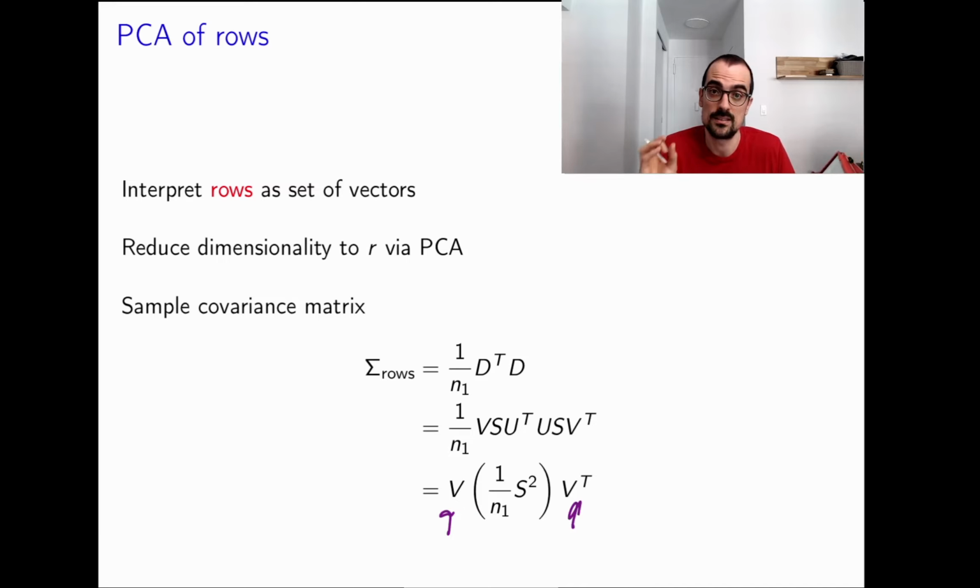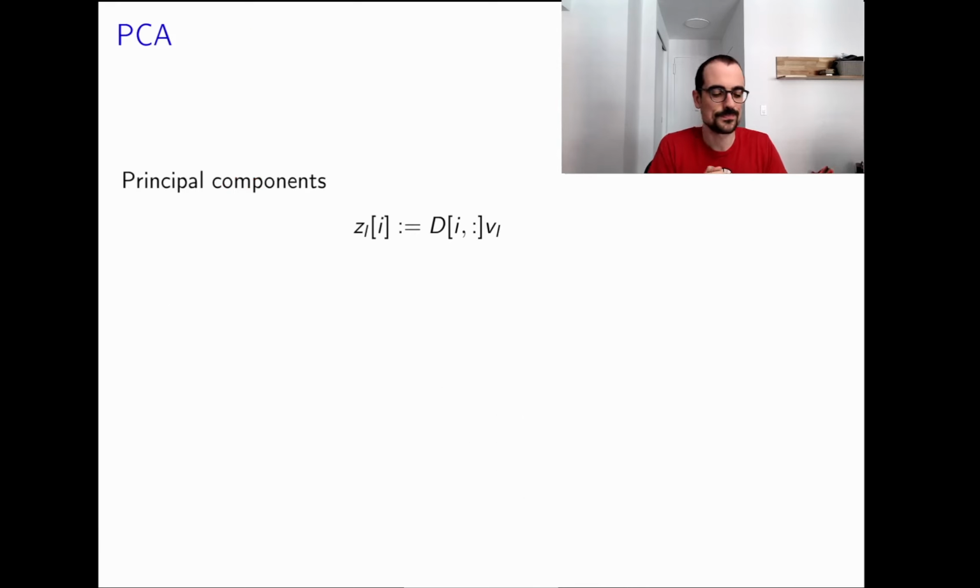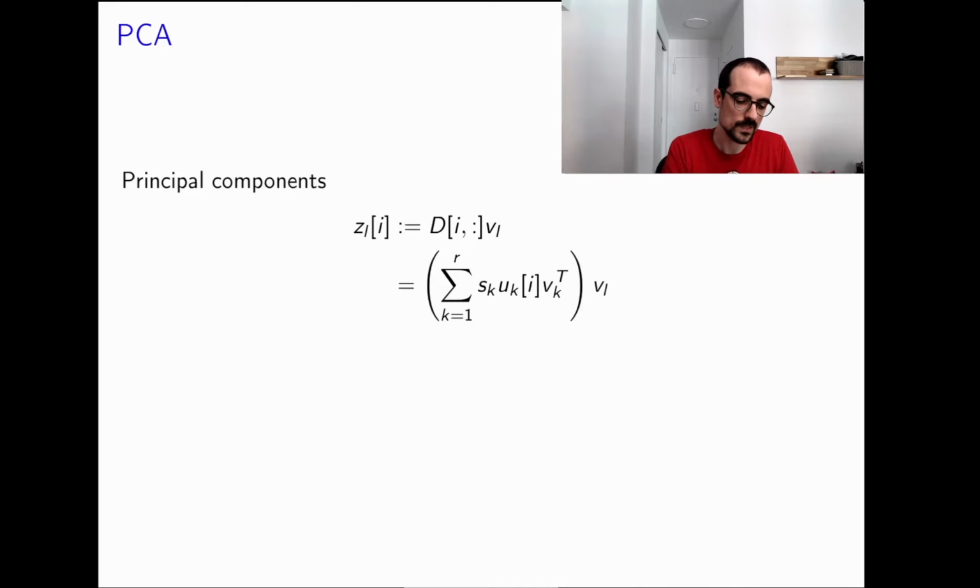When we pick the R eigenvectors corresponding to the R largest eigenvalues, what are we going to end up with? With the first R right singular vectors, because the first R singular values are the largest singular values, because we order them. So now when we compute the principal components, what's going to happen? Now we're doing the rows. So again, now we have this linear combination of,